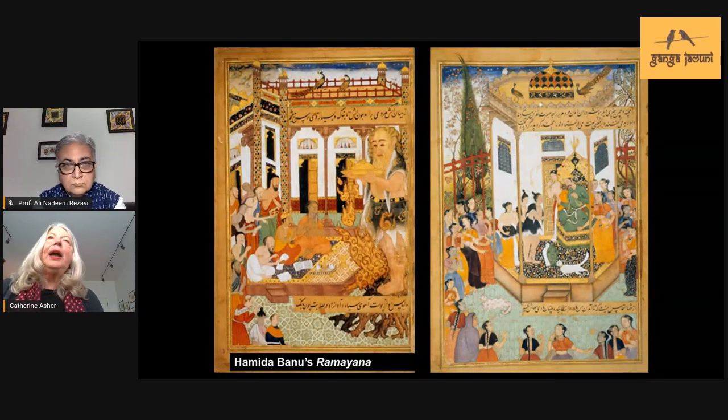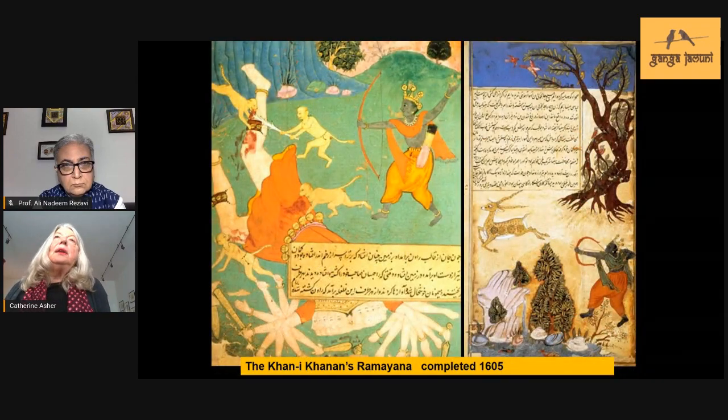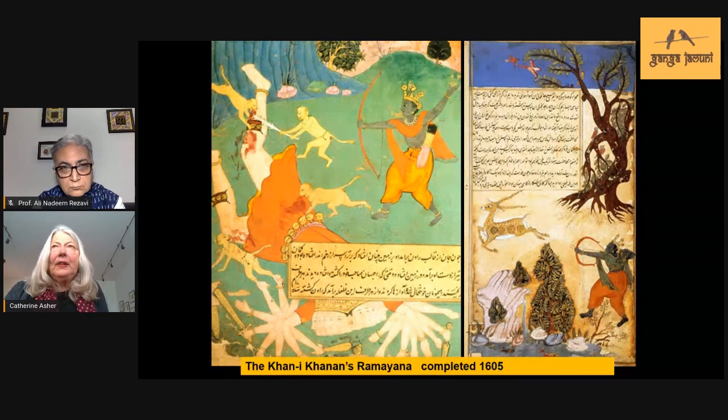One of these very high-ranking people was Akbar's mother, who owned a Ramayana, and these are 2 pages of her Ramayana. The Khan Kanan then asked permission to also have a copy of a Ramayana made, which took a very long period of time. It was completed in 1605, but it did have 165 illustrations. So obviously that would take some time. The Khan Kanan's Ramayana